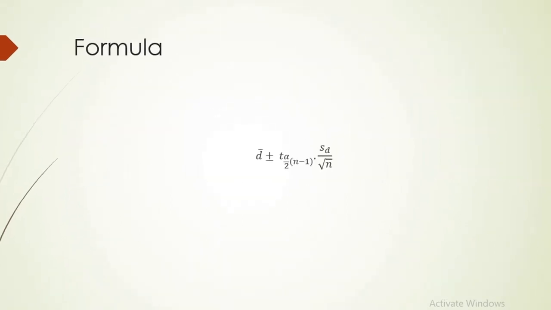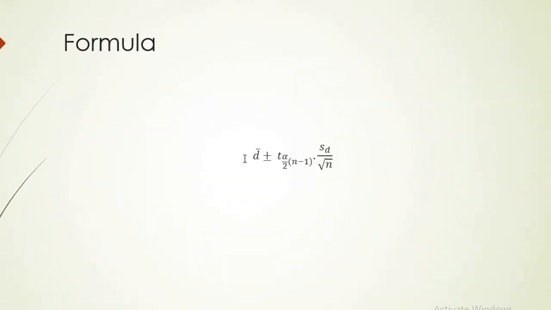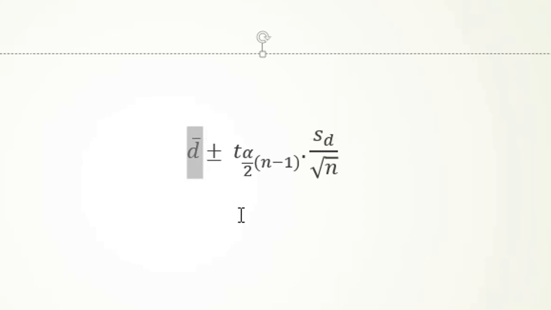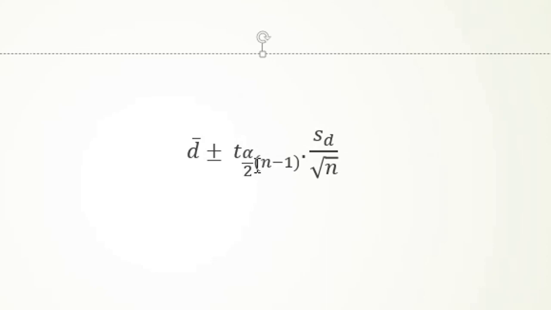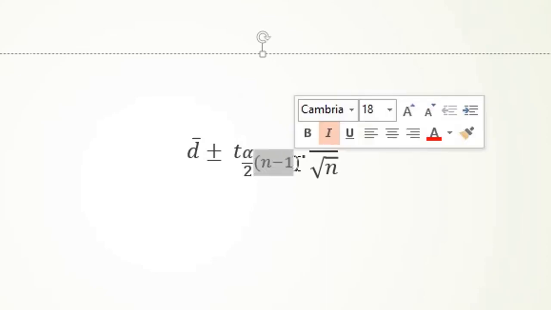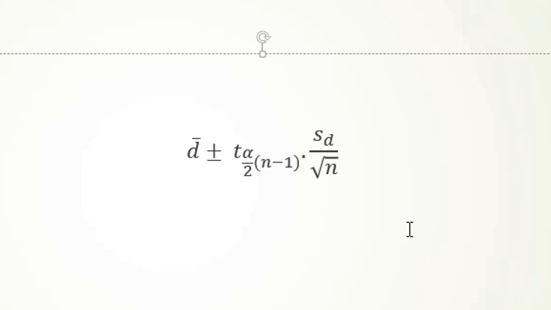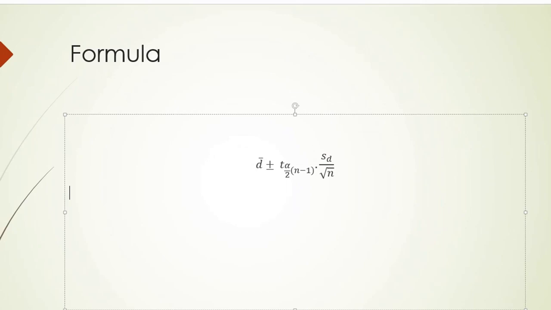So what's the formula for the dependent sample? Bar D is basically the mean of the difference between two sample readings. And SD is the standard deviation of the differences between measurements. And t alpha by 2, where we use alpha by 2 for our confidence level, and n minus 1 is our degrees of freedom. So this is the difference between the independent sample t test and the dependent sample t test in degrees of freedom. Coming to the example,